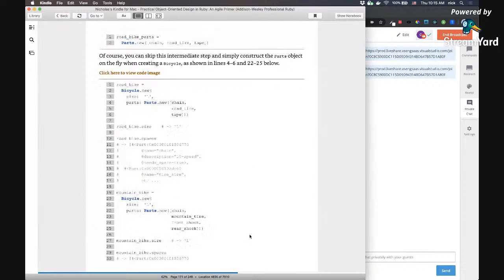And then here, so now we can create parts for road bike parts. So road bike parts takes a chain, a road tire, and tape, and that's it. We've got the road bike parts, and once we have the road bike parts, we can create a new bicycle with road bike parts. So here we can create a road bike, which instantiates a bicycle, and then we say parts.new, chain, road tire, tape. Those are the road bike parts, and we can ask it for its size. We can ask the road bike for its spares,